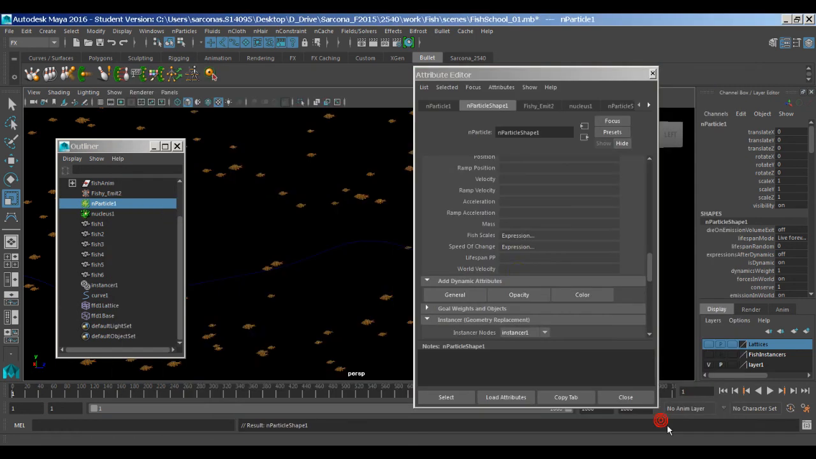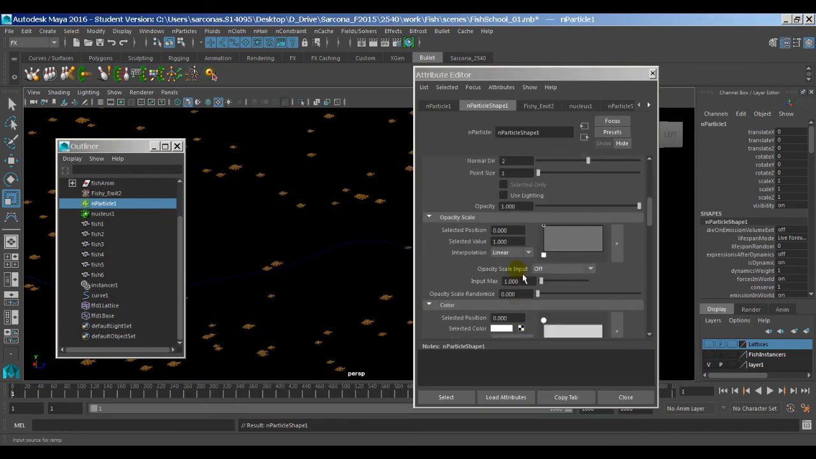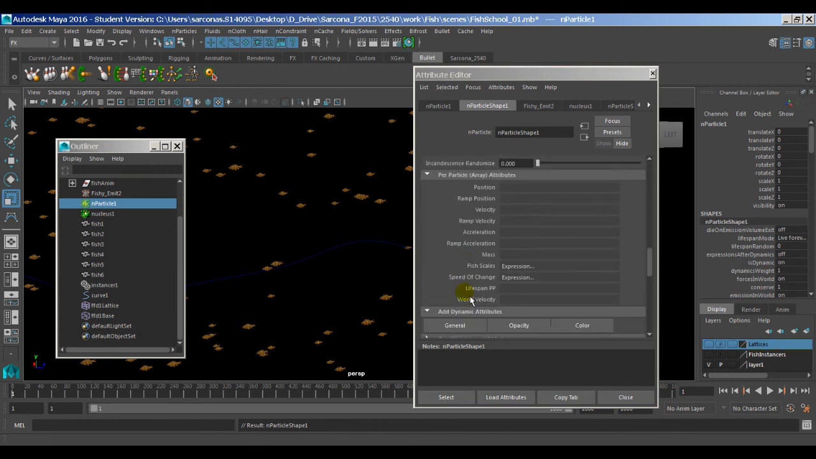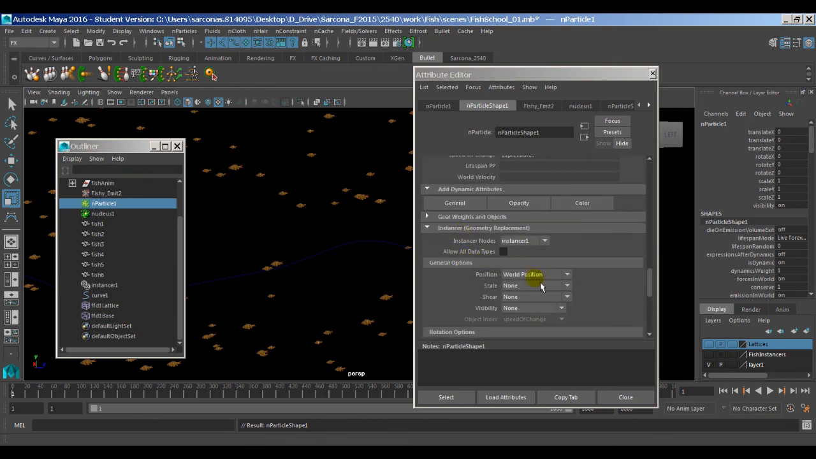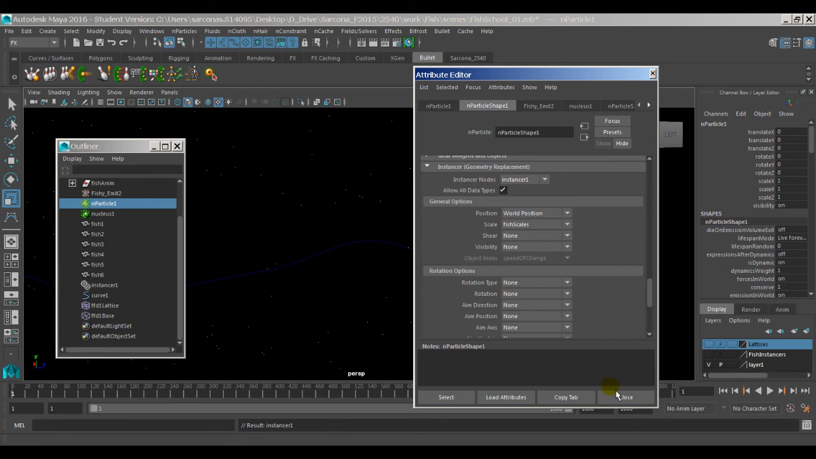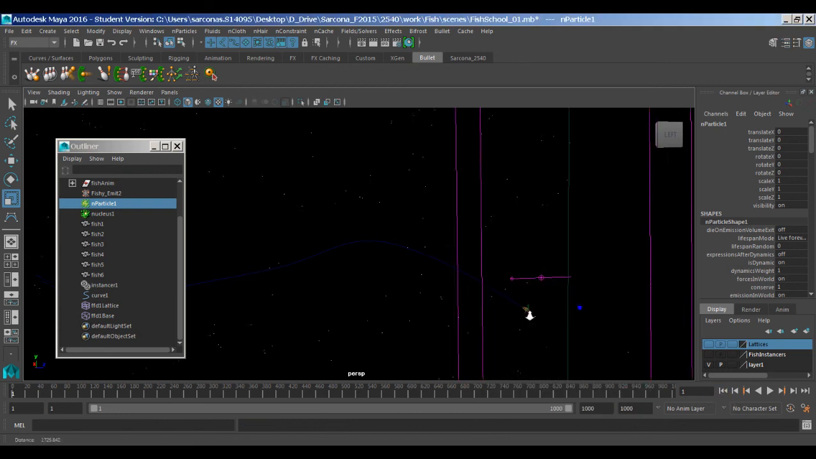There we go. So what I can do with that is under my instancer, down here under scale, I can set that to be my scale. Now it's not showing up, so I have to say allow all data types. Then go to here, then go down to fishScales. There it is. Okay. So now when we rewind this and hit play,